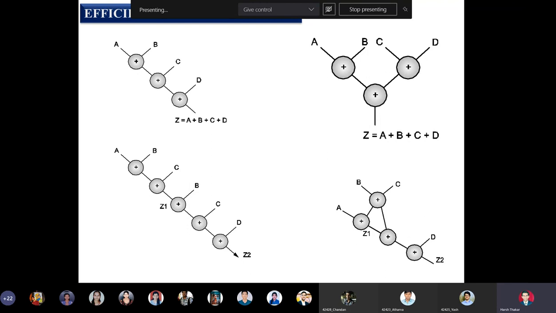If we see the first quadrant, here also they have used 3 adders, but I think it is one and the same, because as far as the number of adders is not reducing, we cannot say that it is an efficient coding style. So here also we are having A plus B and we have C plus D, and ultimately there is a third adder which adds A plus B to C plus D.